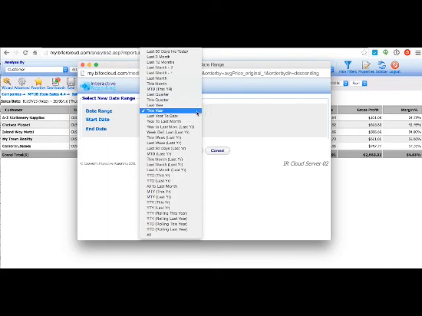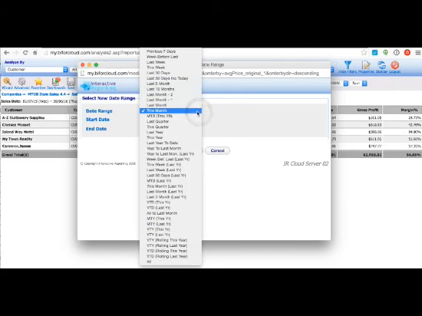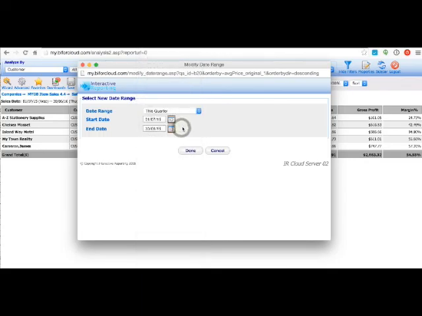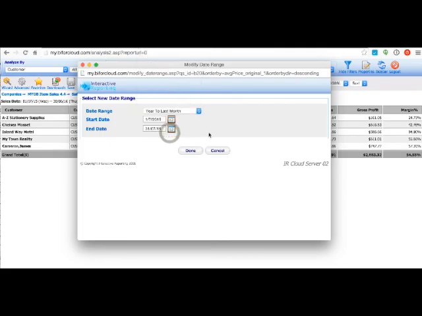I know that many of you might just want to look at this month or this quarter, this week, last month, year to date this year, year to date last year. Year to last month is often a good one